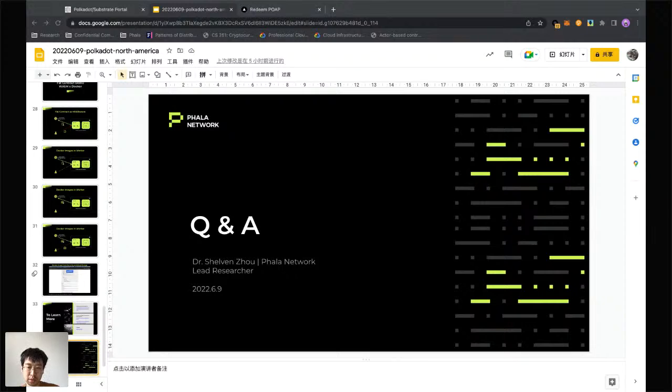There's another question here: is it possible for a fat contract to accept instructions via a future XCM version? Sure, and this is exactly the direction we are focused on.